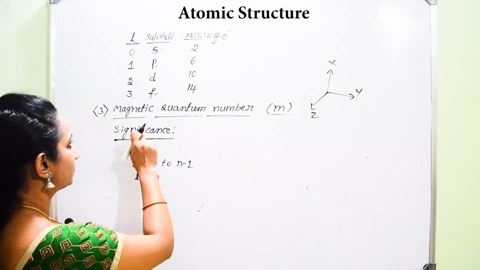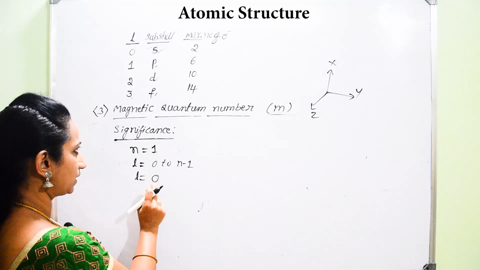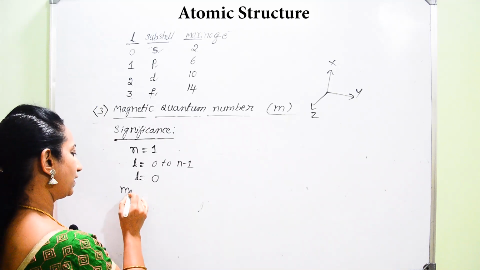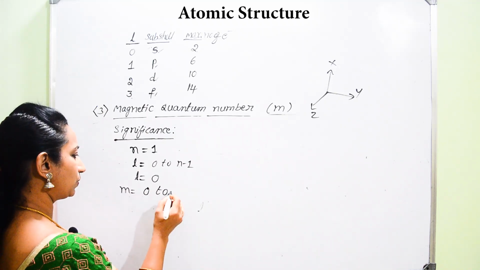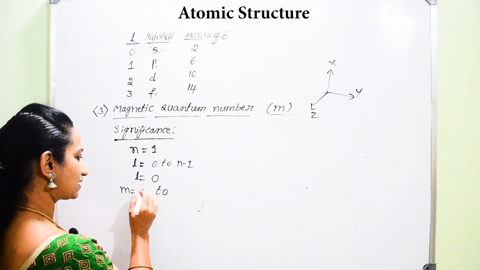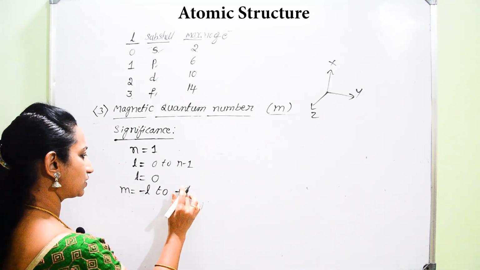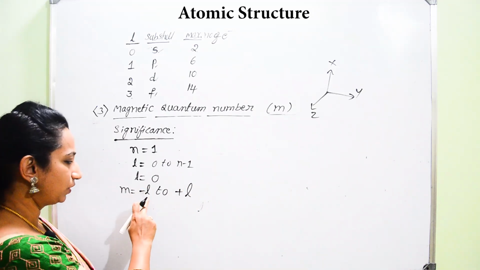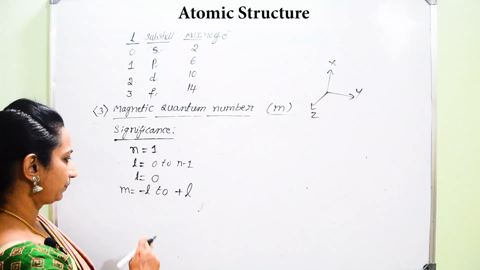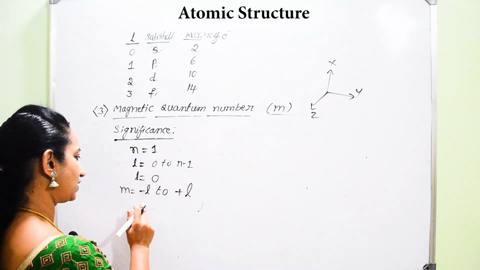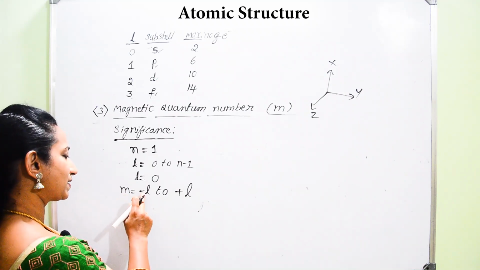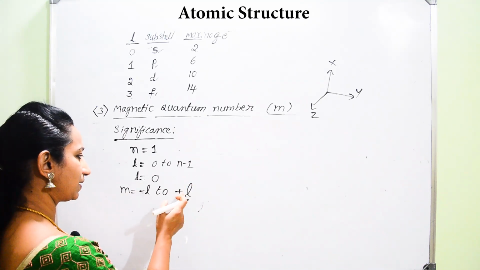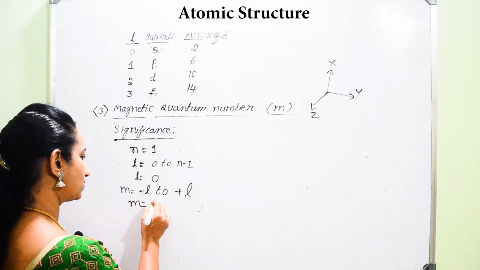In case ನಿಮಗೆ azimuthal quantum number value ಗೊತ್ತಿದೆ, ಏನದು? L is equal to 0. Then find magnetic quantum number. For the given L value, M value varies from minus L to plus L. As you know, this is that formula you should remember. For the given L value, M value always varies from minus L to plus L. Then if L is equal to 0, you would have to give minus 0 and here plus 0. We can't give either minus or plus for 0. Hence, M is equal to 0.